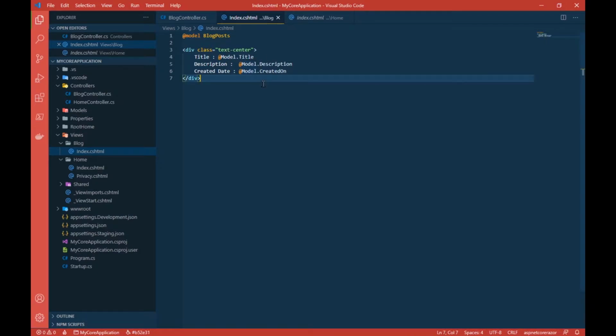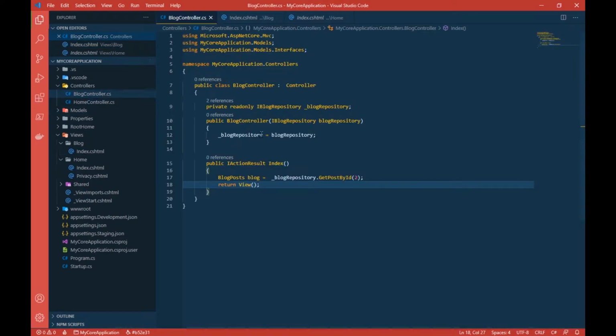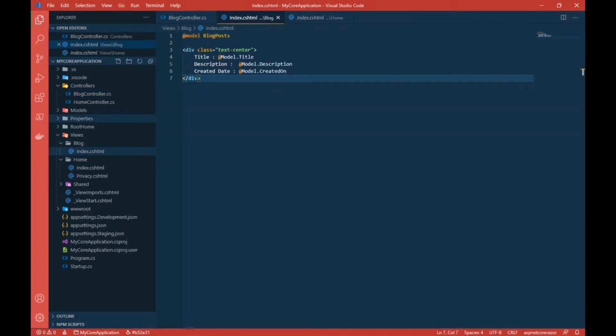Simple. So let's go ahead and go inside our blog controller. Now we can simply pass the instance of the object like this. That's it. Because we are already getting this object here and creating this model, we'll simply pass this model to the view. This view knows that it is getting a model of this type, and the Razor engine will generate a view for us. So let's save this entire code and see what happens.